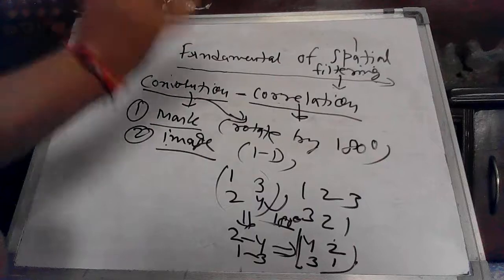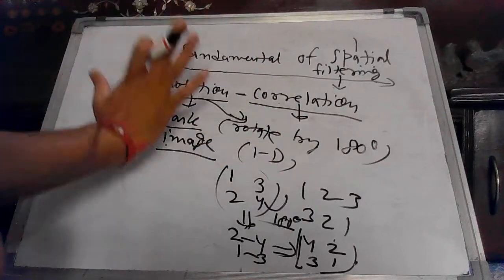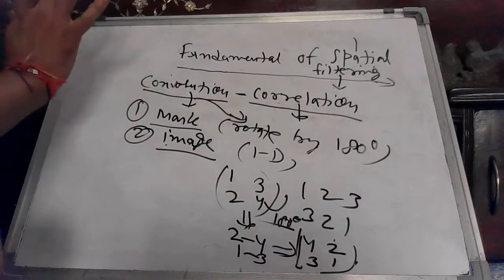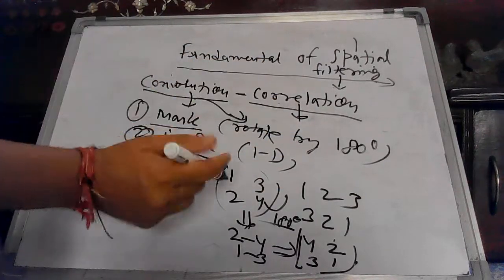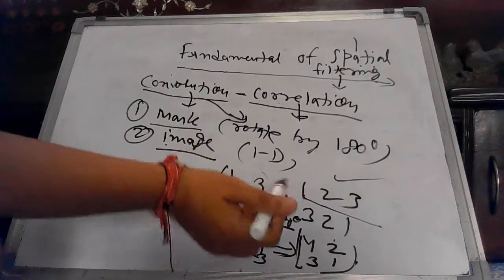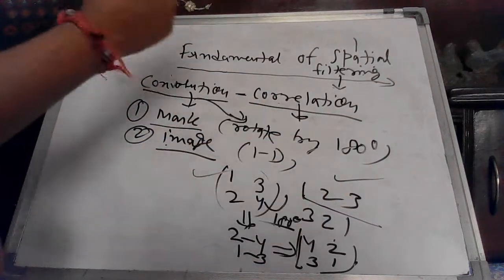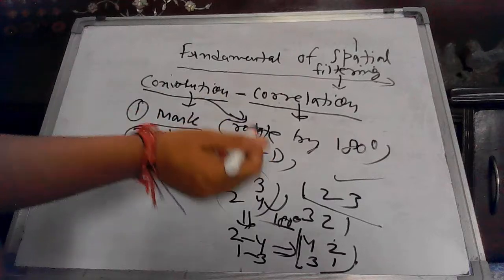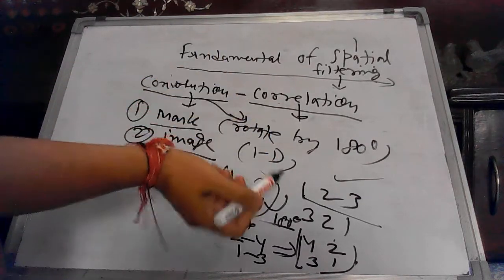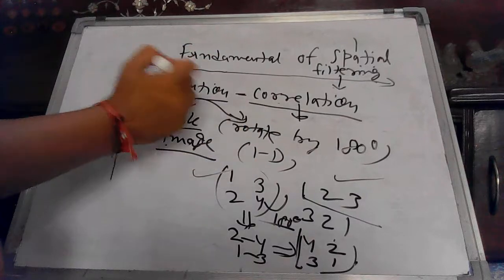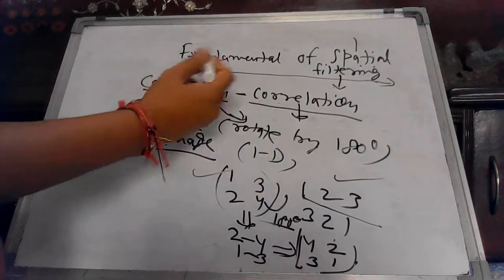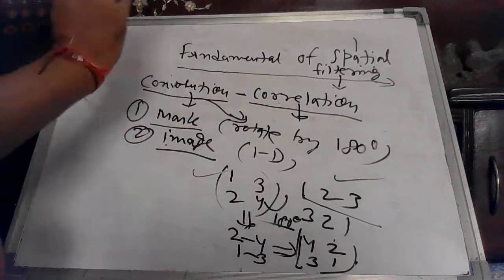So for convolution, you need to remember one thing: before performing any operation over the image plane, you have to rotate your mask. But for correlation, you can directly use your mask, either in a 1D array or a 2D array, directly like this. These two operations are very important. In the next question section, I will tell you how to perform convolution and correlation over a given image plane. We will discuss numericals to make things more clear.